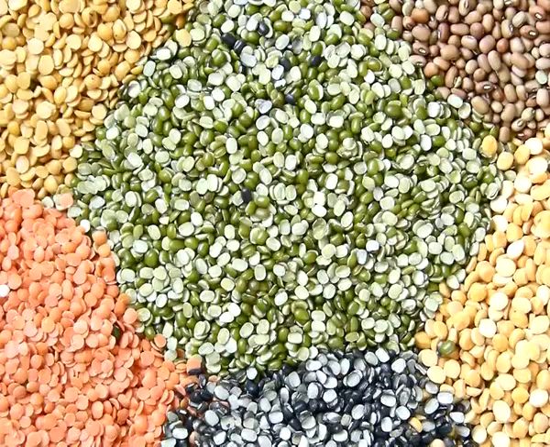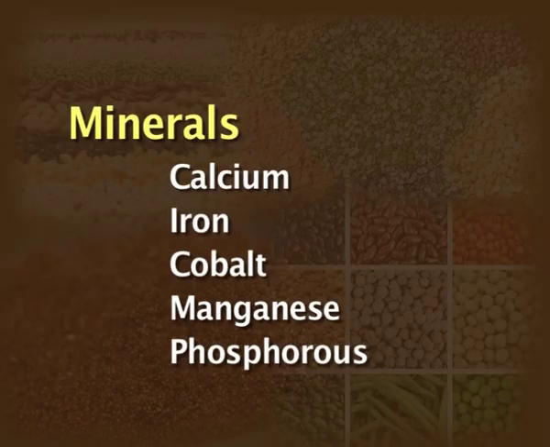Pulses provide about 1.5% lipids, and mostly they are polyunsaturated fatty acids, and along with cereals, the essential fatty acid requirement is completely met when in a vegetarian diet we consume mostly the cereals and the pulses, and the lipids of both these provide our body with essential fatty acid requirement daily. In minerals, the pulses contain small or moderate quantities of calcium, iron, cobalt, manganese and also phosphorus,